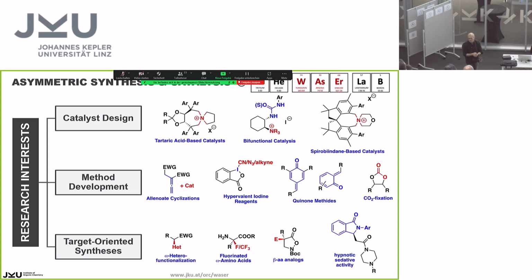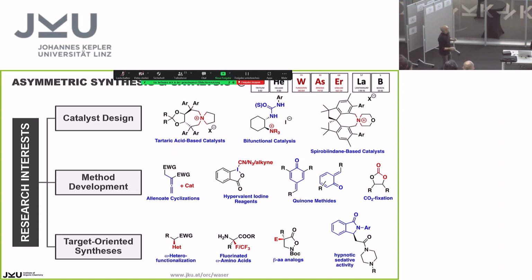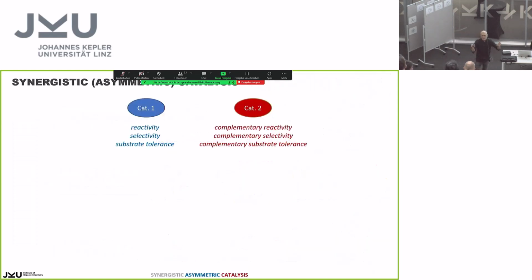molecules with given properties. What, however, makes it sometimes a bit complex is that we really have to choose the right group that does the catalytic job, so the right working horse. And sometimes we not only stick to one catalyst, but we also want to use two distinct catalysts or two distinct catalytic motifs. Imagine you have one catalyst motif that has a certain reactivity, selectivity, whatever. You have a second catalyst which can do something else.